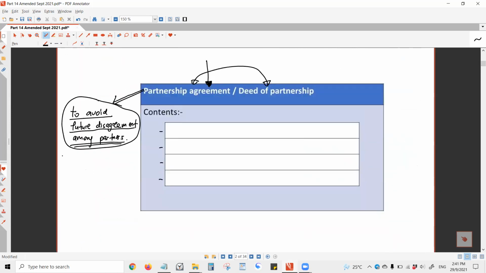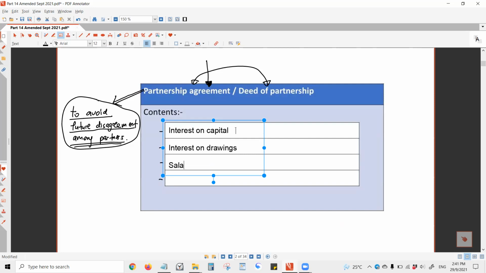They are, let's write together. First one, interest on capital. I'll tell you the purpose of each of these, and you must also remember the purpose of each. Another kind of question that is common in the exam is they ask what is the purpose of interest on capital, what is the purpose of having interest on drawings, what is the purpose of having salaries to partners. You write and listen together. One last one, you call it the profit sharing ratio.